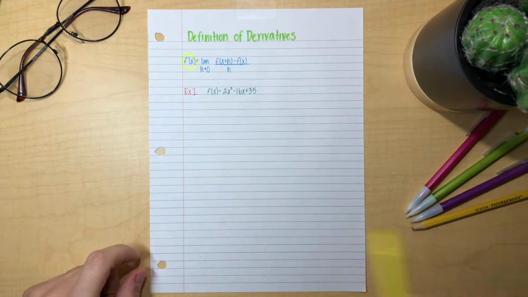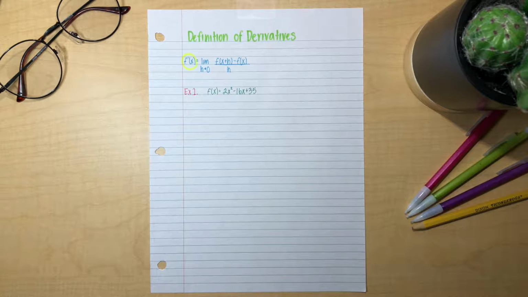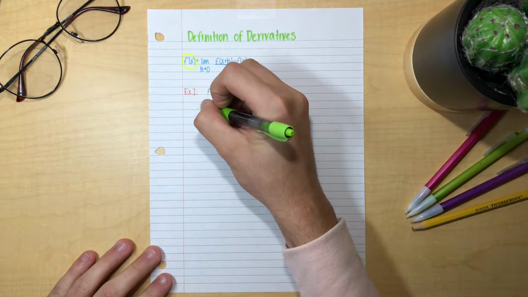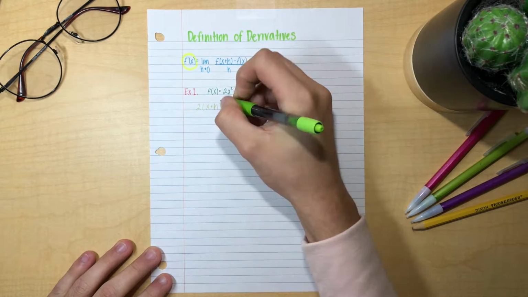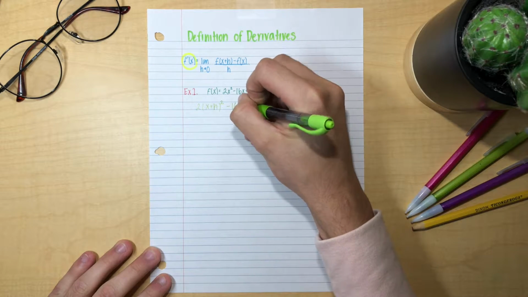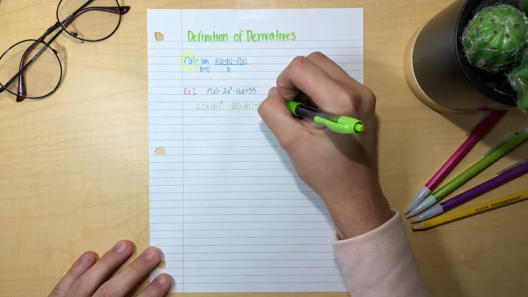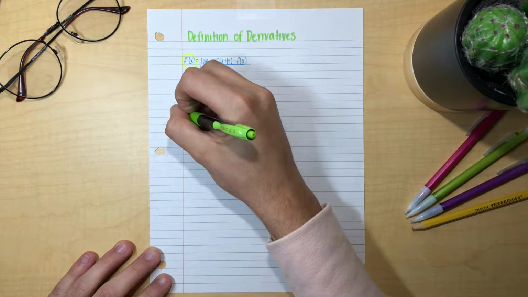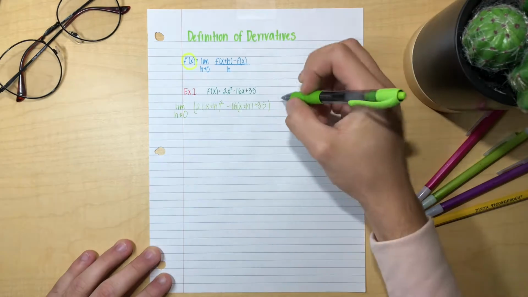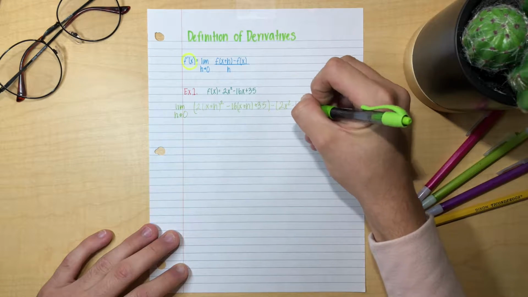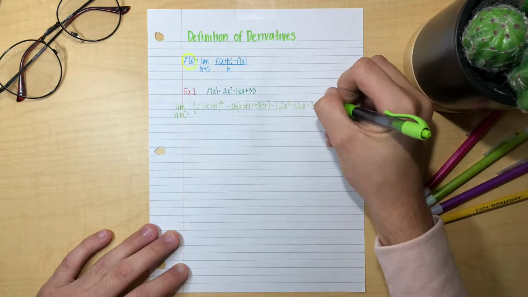So what we're going to try to do with example 1 is find our first derivative using the definition of derivatives. So what we first do is use our formula right above. So what we will do is 2x plus h squared minus 16x plus h, don't forget your parentheses, plus 35. Also, don't forget your limit h approaches 0. Okay, so we continue. We do negative parentheses 2x squared minus 16x plus 35